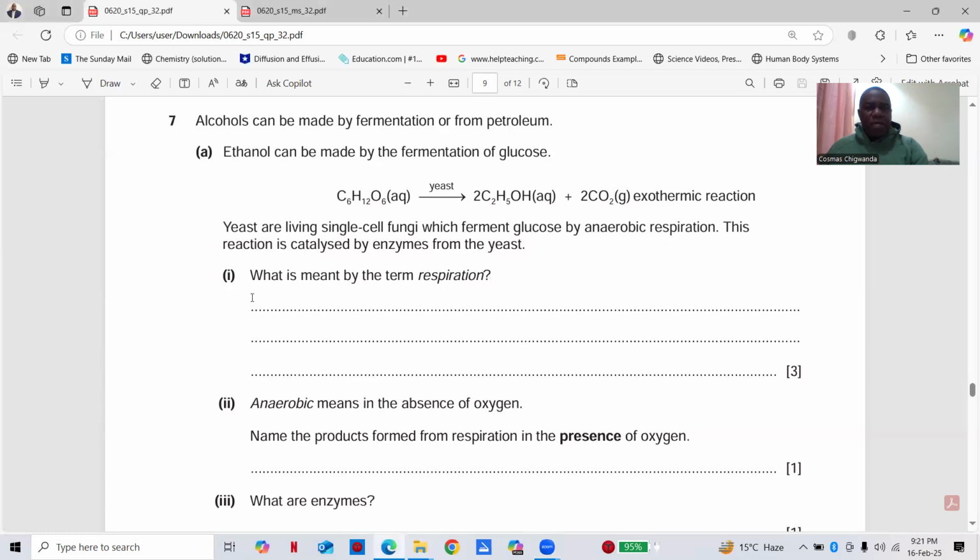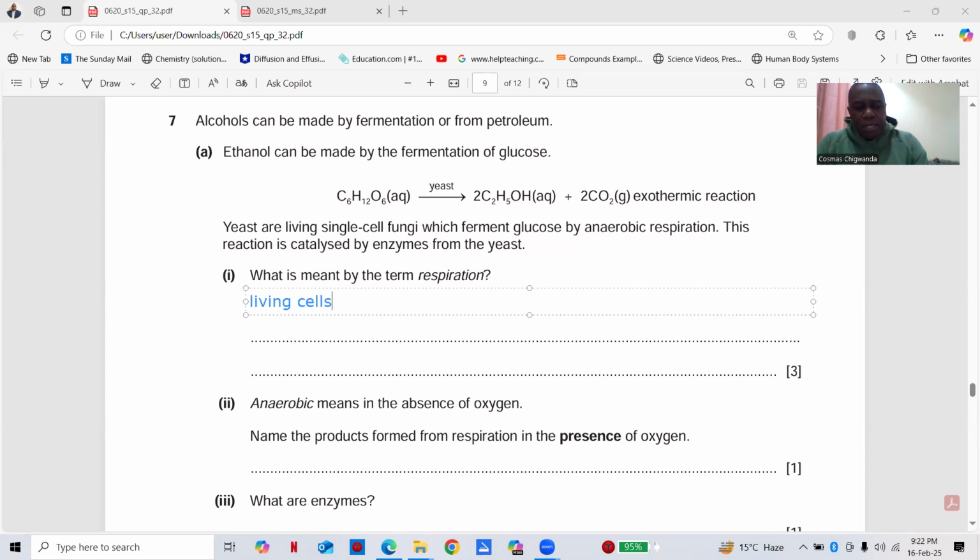Now, if you are talking of respiration, you are talking of a process whereby living cells, plant cells, even yeast cells can actually obtain energy from sugars such as glucose. So that's how you would actually write your answer here. So what answer can we write here if we are asked about what is respiration? This is just a process whereby living cells, this could be yeast cells, plant cells, animal cells, they obtain energy